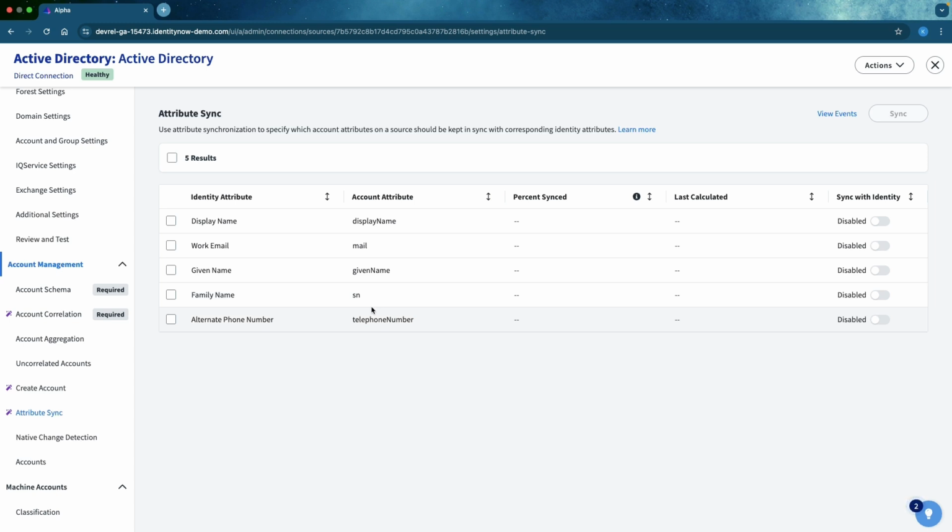Once I saw a scenario in one of my projects where we were using email address. We wanted to sync a different attribute, so we deleted one attribute and used some other attribute in the create account provisioning policy form. But my team member who did that forgot to update it in attribute sync. So after some time the attribute sync happened, and then all the users' email became null